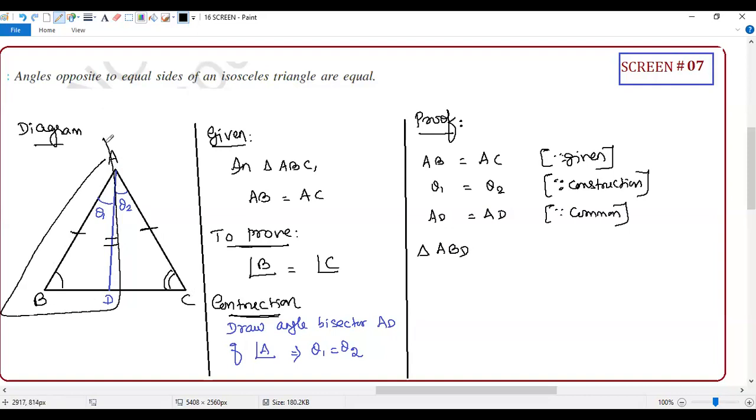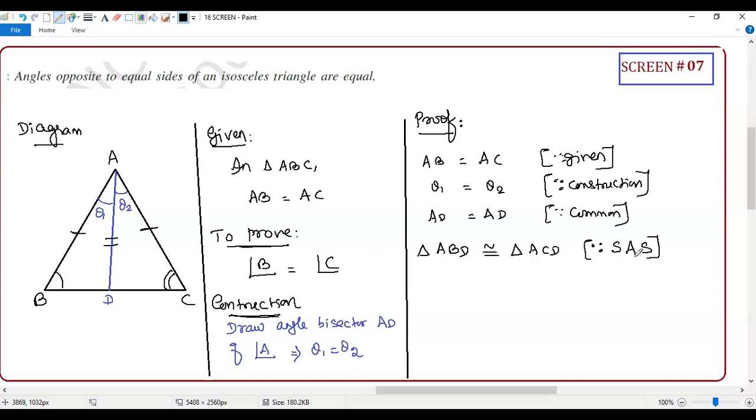ABD, you have the same order, ACD. Are you clear? Triangle ABD is congruent to triangle ACD. Which criteria? Side, angle, side. Any doubts? No doubt, sir. Now,